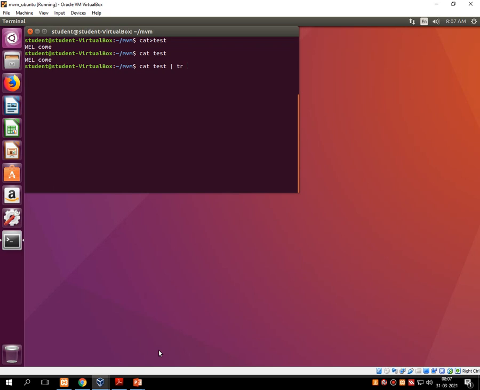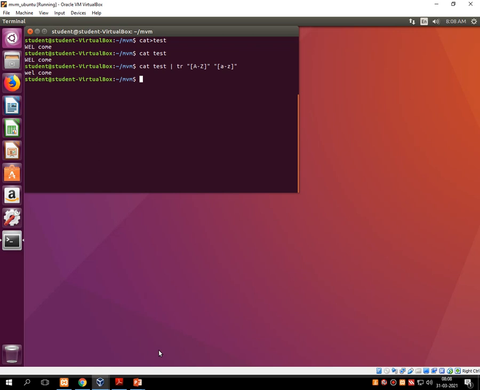in brackets, write capital A to Z, bracket over, double inverted commas over, space, again double inverted commas, in brackets small a to z, bracket over, double inverted commas over.